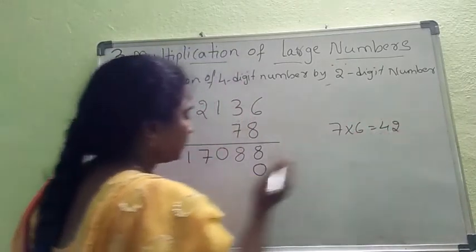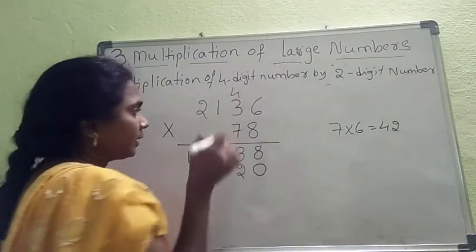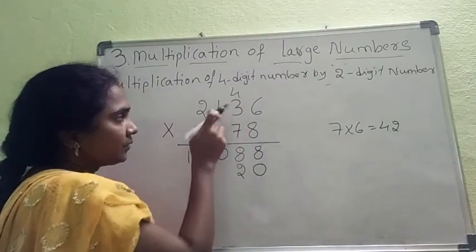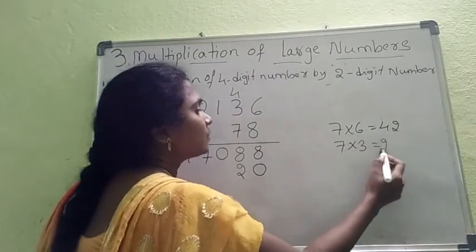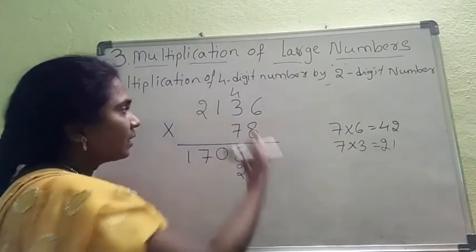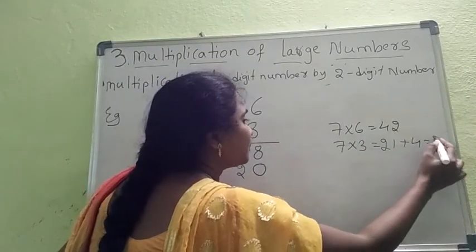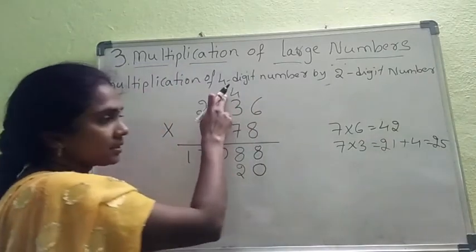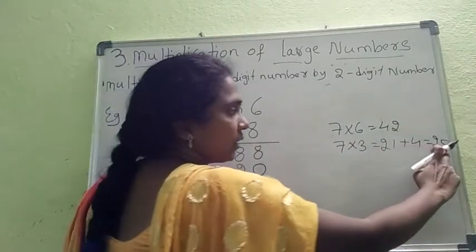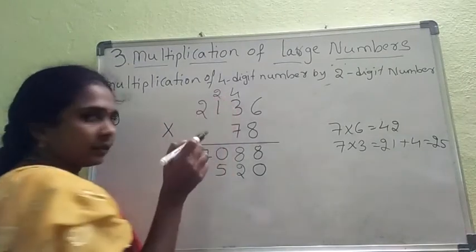42. Again a 2-digit number. I will write 2 here and 4 as a carry forward. Next, 7 3s are, what is the value? That is 21. How much carry do we have already? That is 4. 21 plus 4, that is 25. I hope you see why I am adding this carry: there is a 4. That's why I am adding the 4. 25 is a 2-digit number. I write here 5, and 2 as a carry forward.